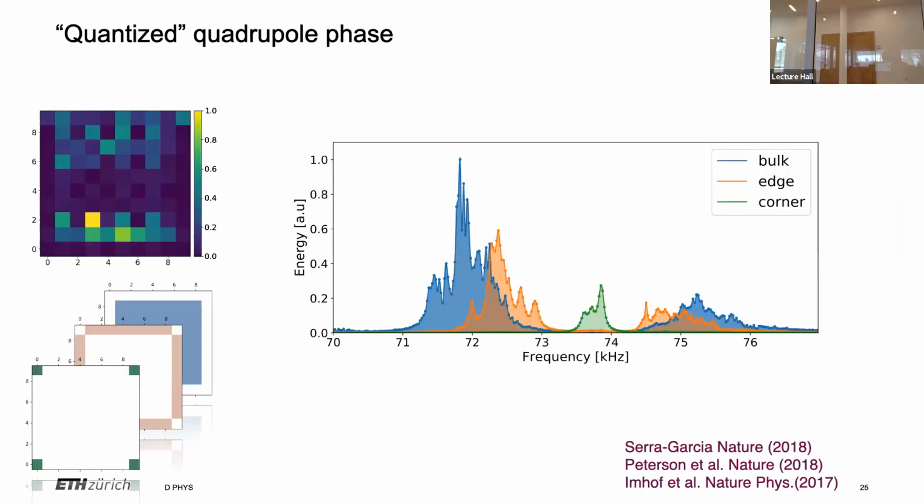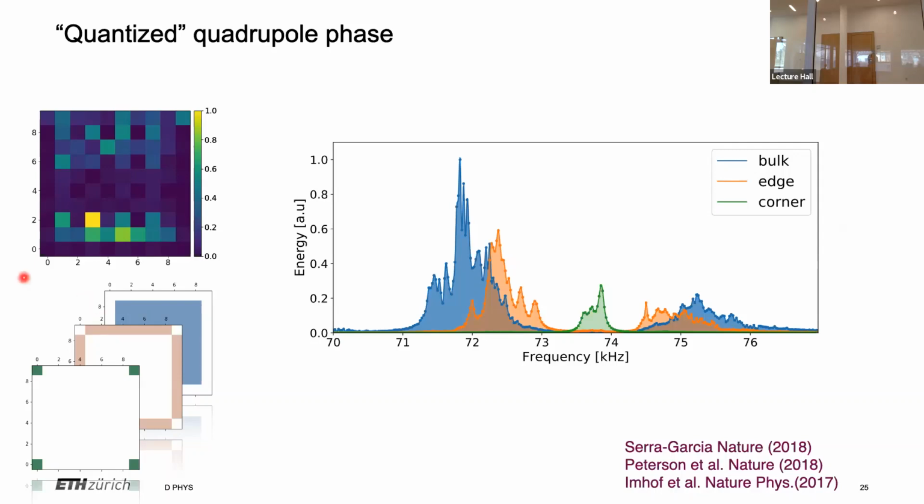Now what you see here is that we take a spectrum at every site. So at every site, this is now at one frequency. We measure how much energy we pump into the system if we excite here and measure here. And then we put the mask on these measurements up here. And this mask is very, very pedestrian. We just say we take it only from the bulk, so we leave out the outermost line. And then we take only these lines, or we take only the four corner plates. And that's how we separate these energies, summed up over these masks. And that's the result you get over here.